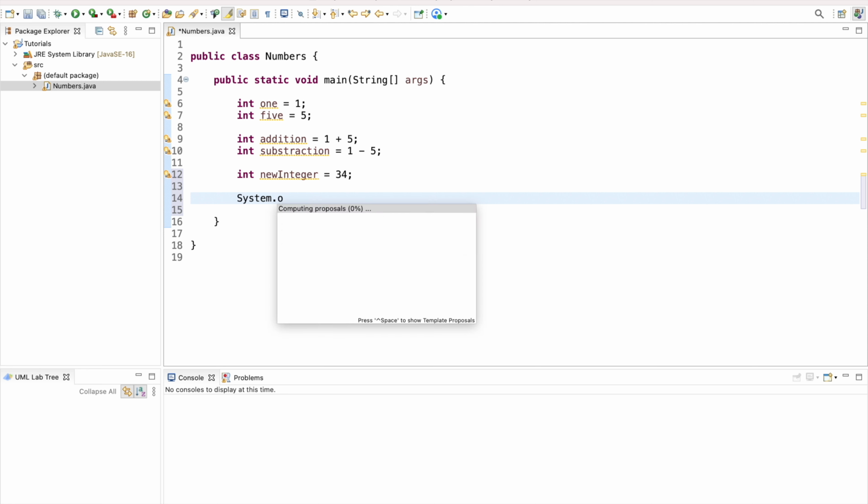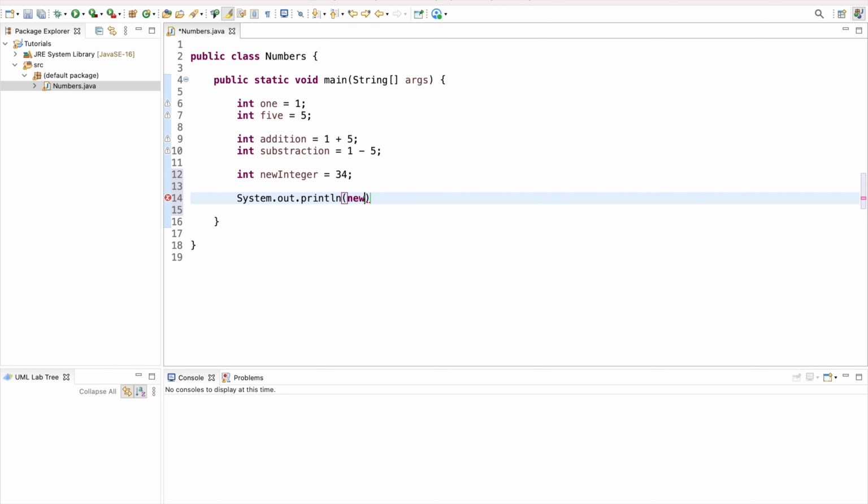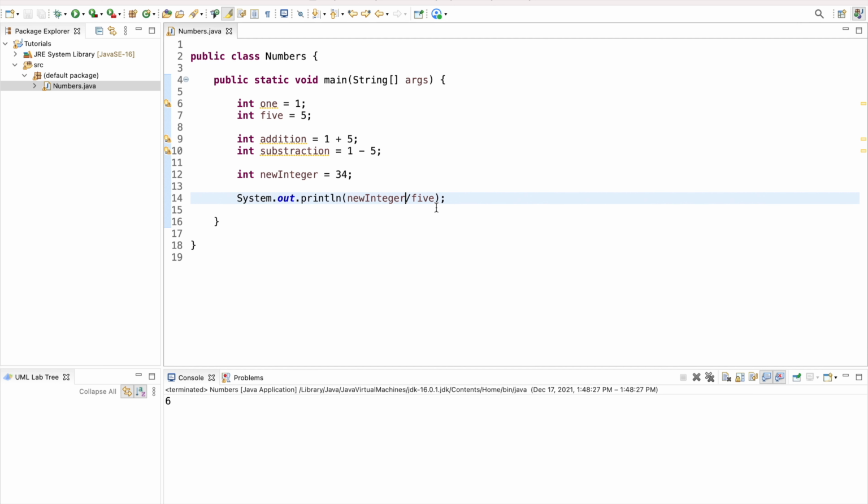Let's print this out. New integer divided by 5. Let's see what this says. I'm going to run it, and I get 6. We know that there's a remainder, but that remainder is lost because we just performed